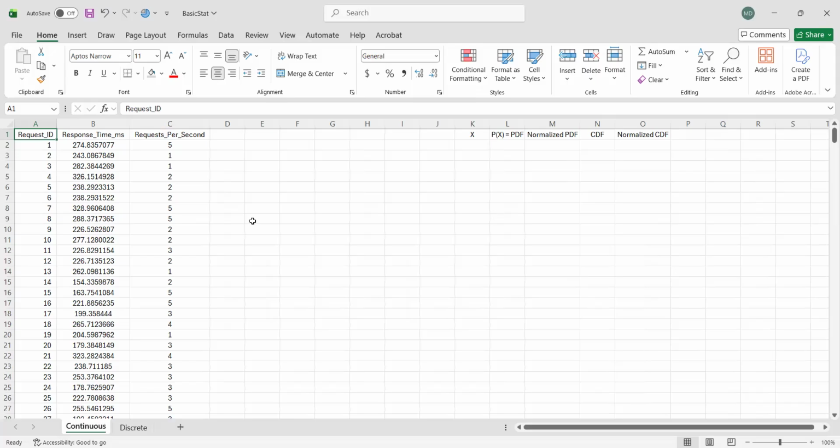Okay, so as you can see, we have a sample data set in this basic example. We have a data set involving continuous values. When I say continuous, these are mostly based on measurements, numbers with decimal points, right?